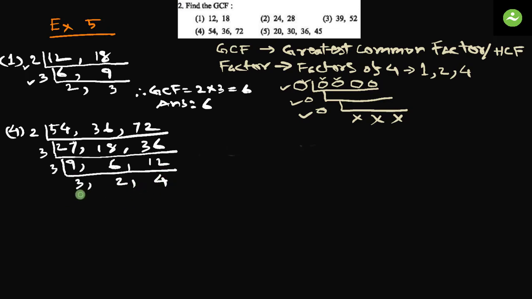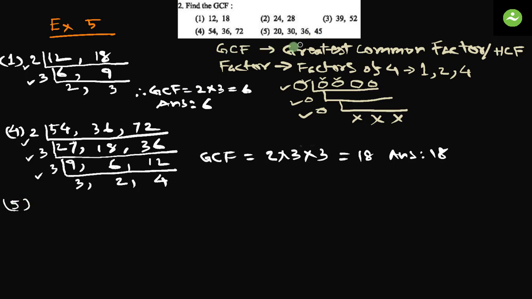Is there any number that divides all these numbers? No. So what is the GCF? GCF equals 2 into 3 into 3. 2 into 3 into 3 equals 18. Answer 18. Number 5, bracket